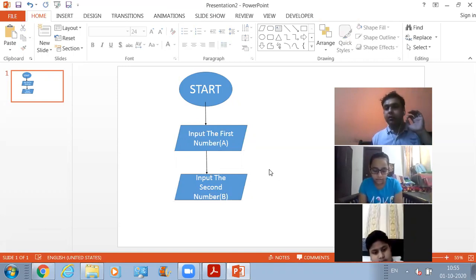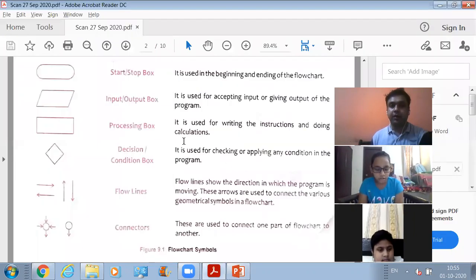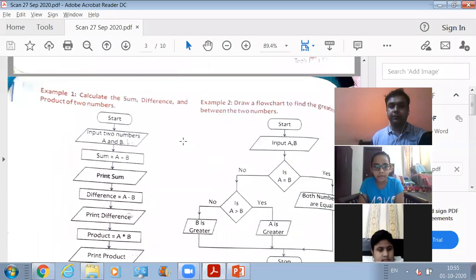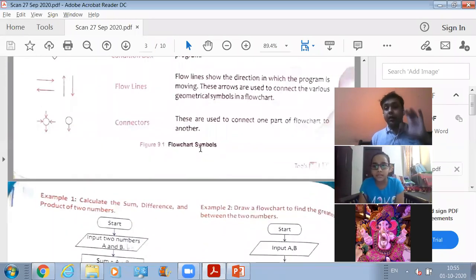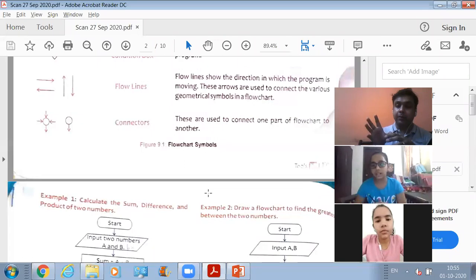Now, what is the fourth step? This is the first step, this is the second, this is the third. What is the fourth step that you are going to write down? Calculate the sum. Absolutely right. Now, if you want to calculate something, you require a formula for that.